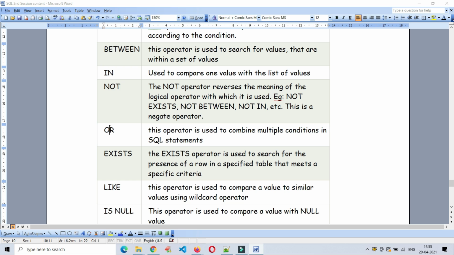OR command: if you want to check multiple conditions, means you have a set of 10 conditions to verify, but at least any one of the conditions should be satisfied. No need to satisfy each and every condition. In that situation, you have to use OR.